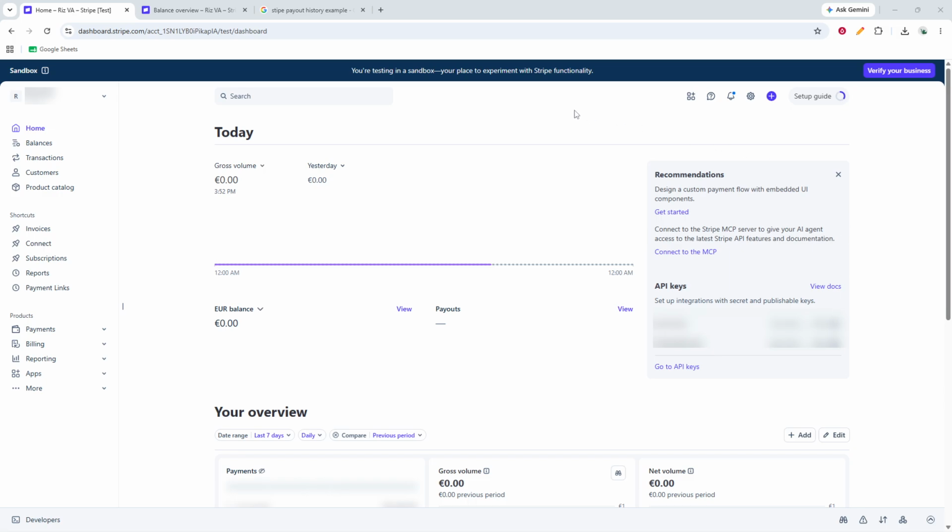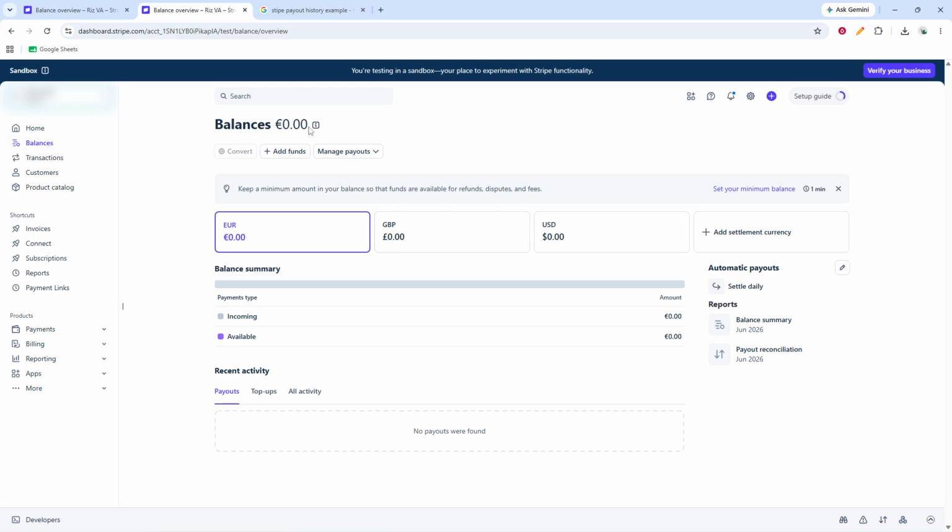From here, the goal is to navigate to the area that shows money moving from your Stripe balance to your bank account. On the left-hand sidebar, click Balances. This section is where Stripe organizes the funds in your account, including what's available, what's pending, and what has already been sent out. If you're trying to track past deposits or confirm when a transfer was issued, this is the